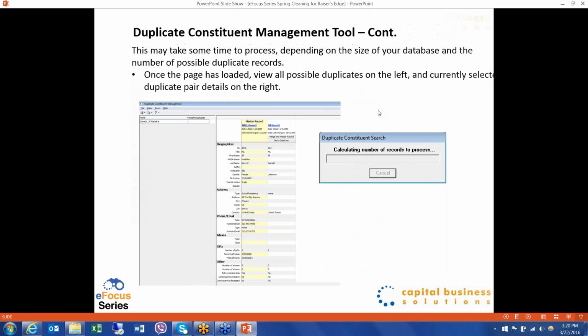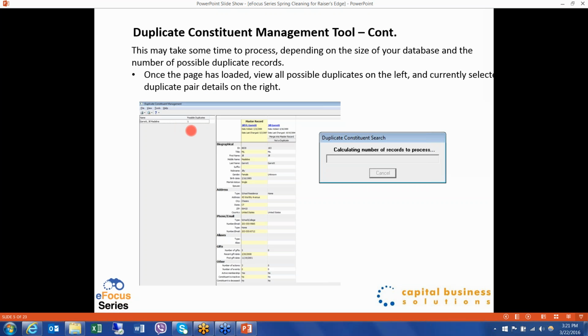But once you have conducted that search, and it performs on an algorithm that looks at first name, last name, address lines, and so on, you don't have to worry about setting that. That algorithm is built in behind the scenes. But once you press new search and it runs and completes, you will see the screen where all of the possible duplicates are listed down the left-hand side of the window. And this particular sample database is quite pristine because there's only one possible duplicate, which is really not a real-world